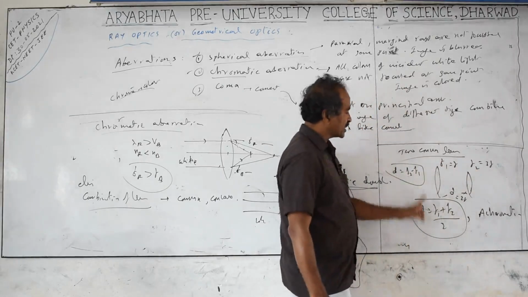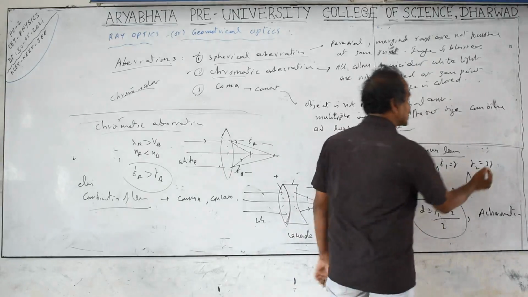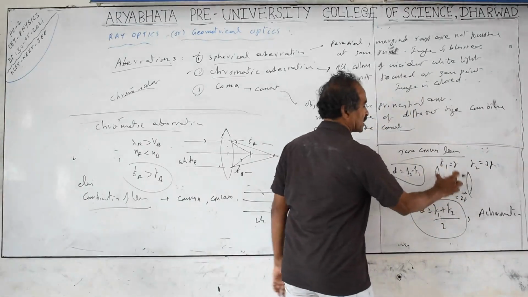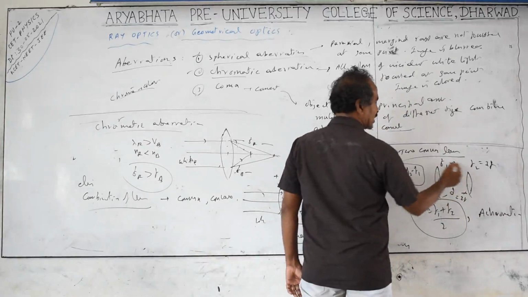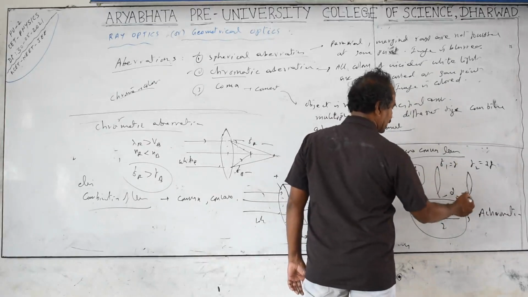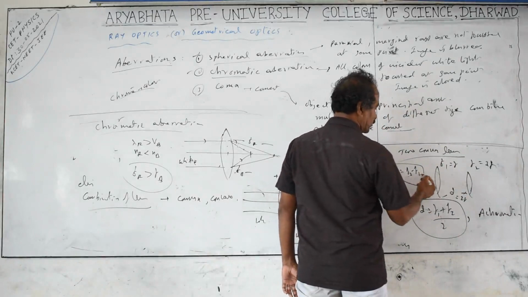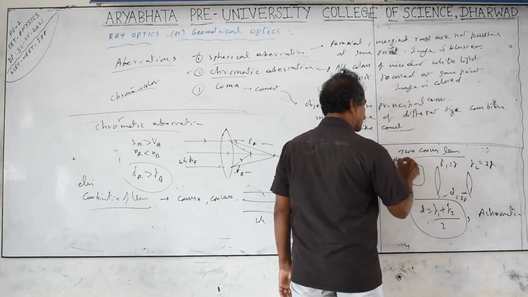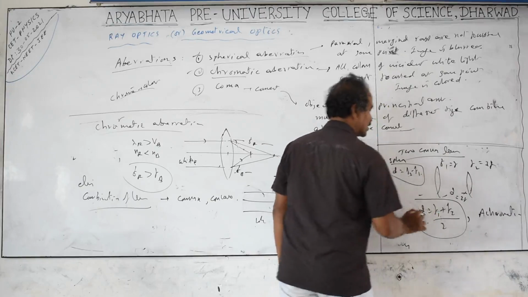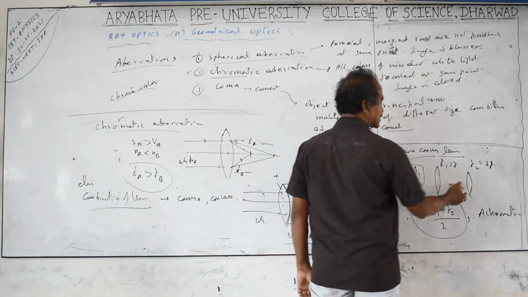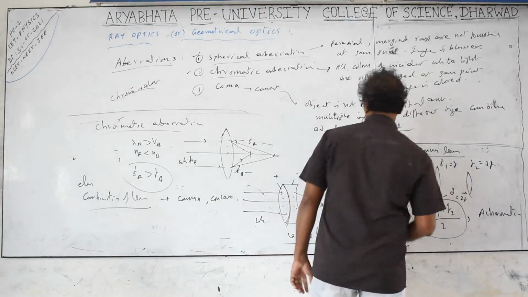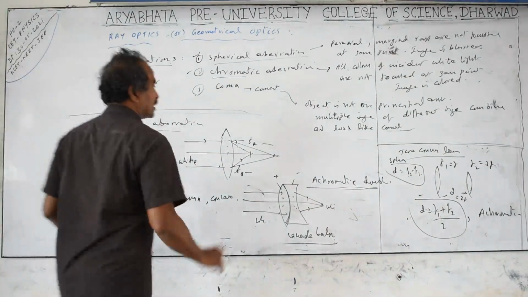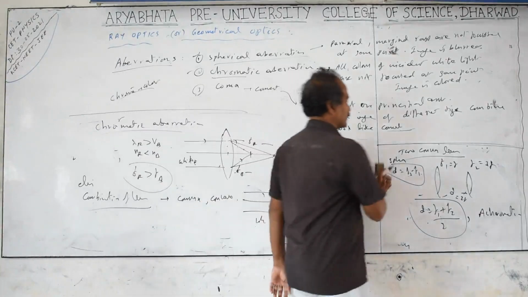So this condition is satisfied if one has a focal length 3 times the other one. That means if you take the separation such that d equals 2f, then d automatically satisfies the condition f2 minus f1, and d also satisfies the condition (f1 plus f2) by 2. This is for spherical aberration elimination, this is for chromatic aberration elimination. So both eliminations are possible if you take the lenses separated by a distance equal to 2f. This principle is used to get clear images in optical instruments.